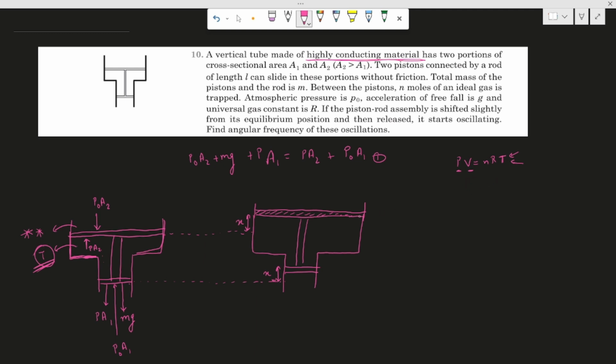Now when this system is displaced with a displacement x, so when the piston assembly is displaced by a distance x in upper direction, then the volume of the gas chamber will change, and let's see by how much magnitude it changes. So let's say initial volume is V,